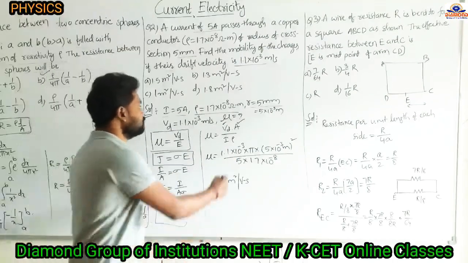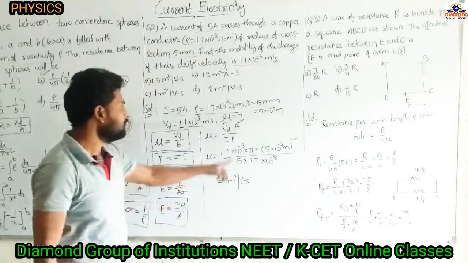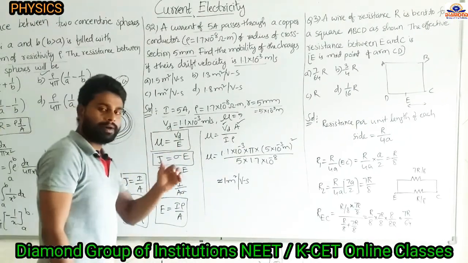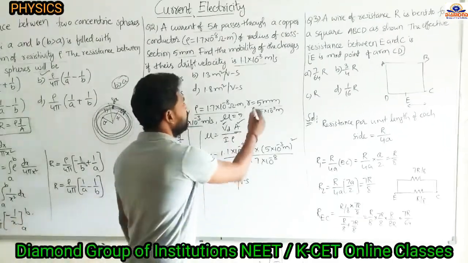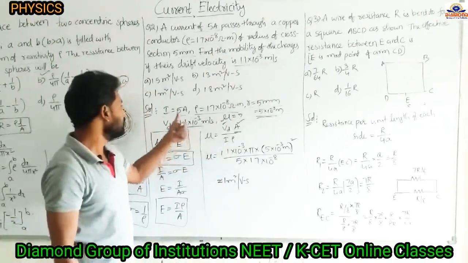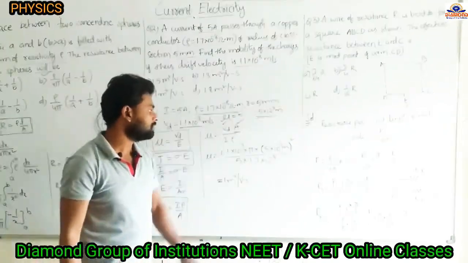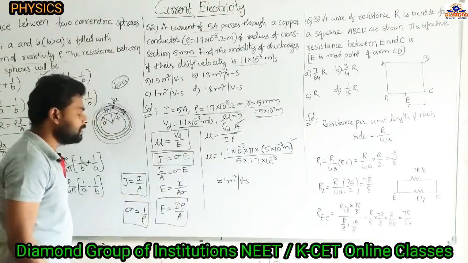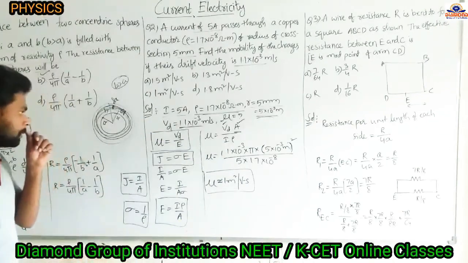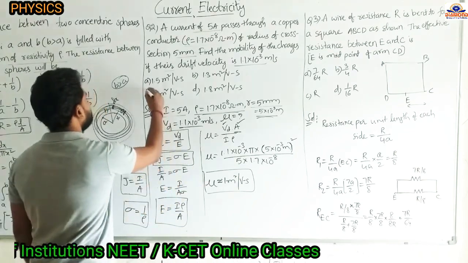Substitute the values here. Drift velocity is given as 1.1 into 10 power minus 3. The cross section of the copper wire is circular, so area is pi r square. Pi into the radius, given as 5 millimeter, 5 into 10 power minus 3 whole square, by I, the current value 5 amperes, and resistivity 1.7 into 10 power minus 8 ohm meter. All the values are substituted. Now simplify it, and we will get the mobility equal to 1 meter square per volt second. So the answer is mu is 1, and option C is the right answer.